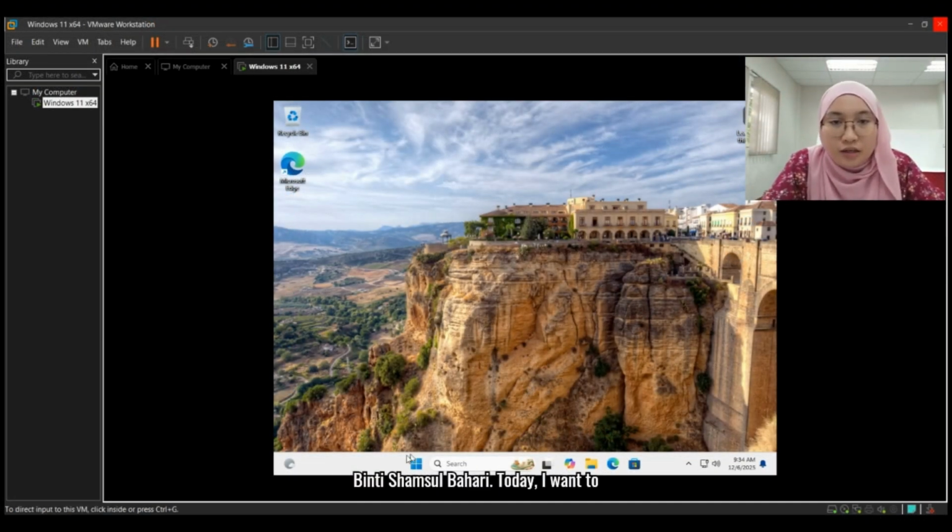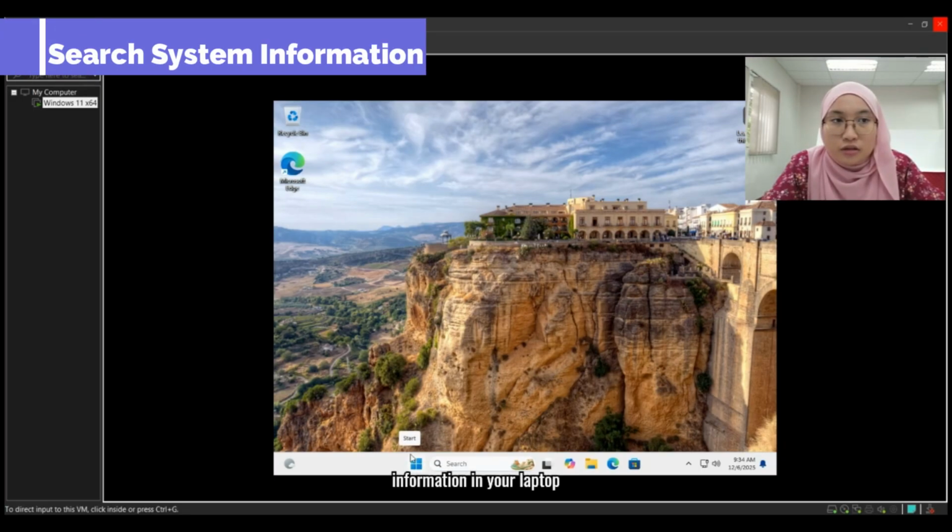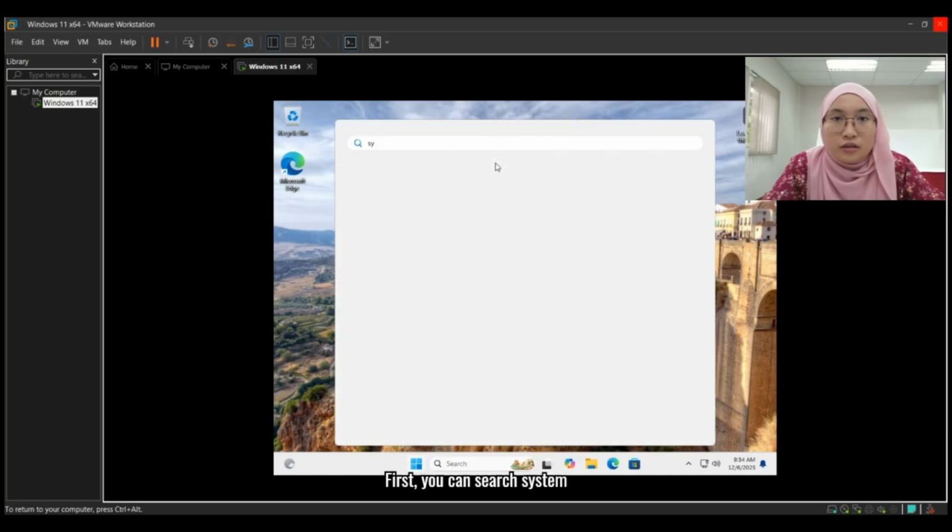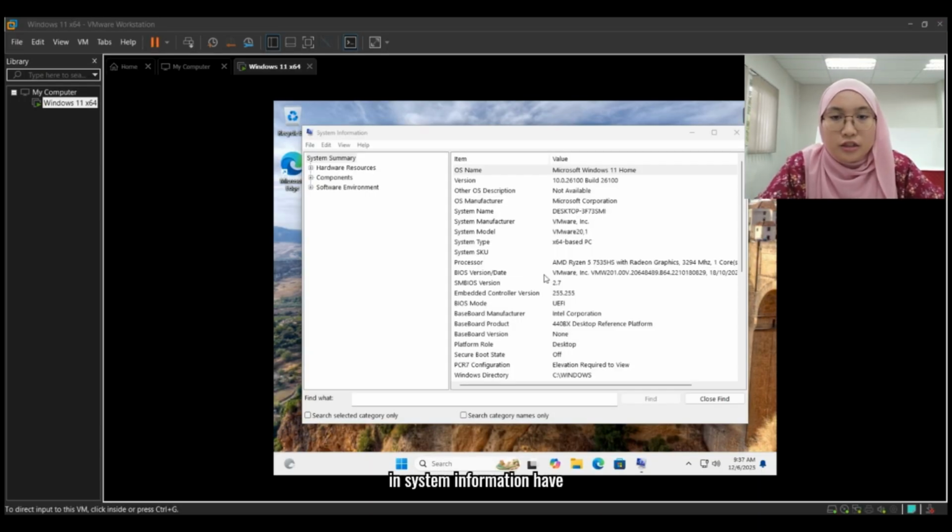Today I want to show how to search system information in your laptop while using a VMware Workstation. First, you can search system information in your Windows, and then after you click enter, it will show an icon, system information. Then you click the icon, and in system information there is a system summary, which has 3 functions such as